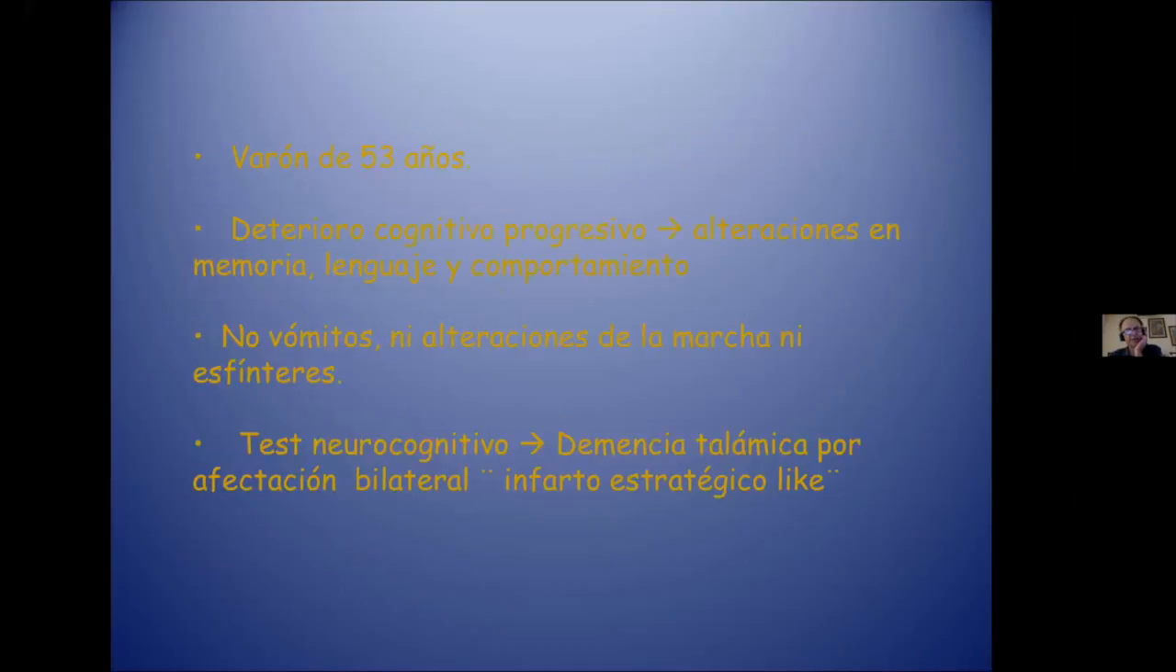It's a male of 53 years old. He has a progressive cognitive deterioration with troubles of language, speech, and also has a Parinaud syndrome and hypoesthesia. Go on, what's the patient? It's all right. Okay, and the neurocognitive test shows a dementia, thalamic dementia,